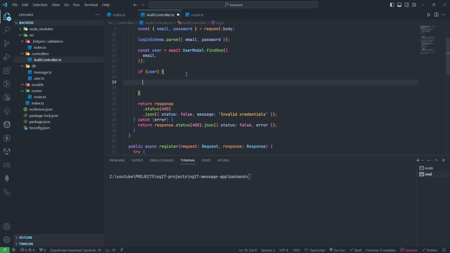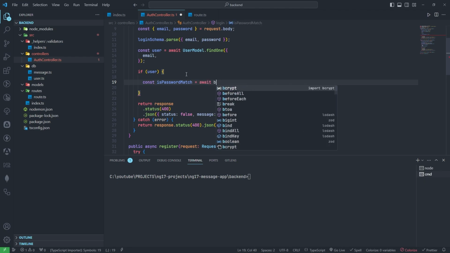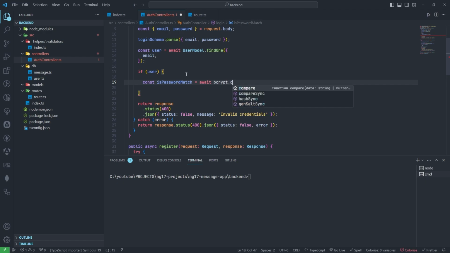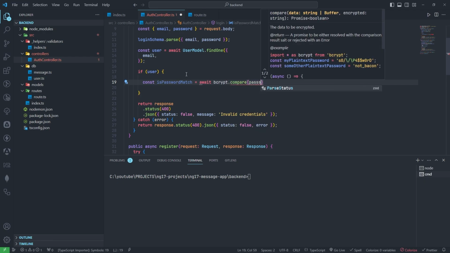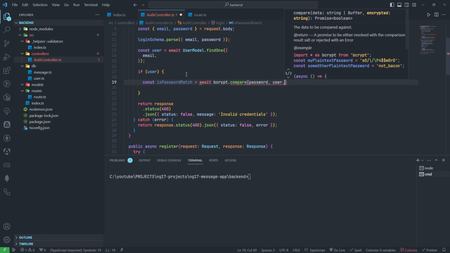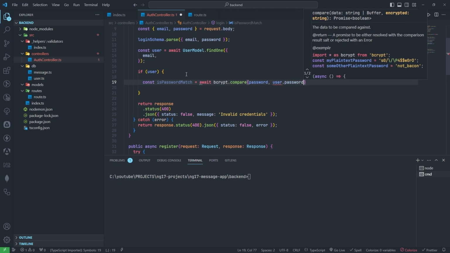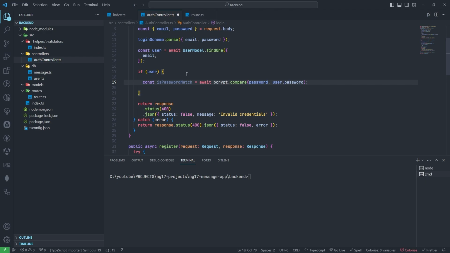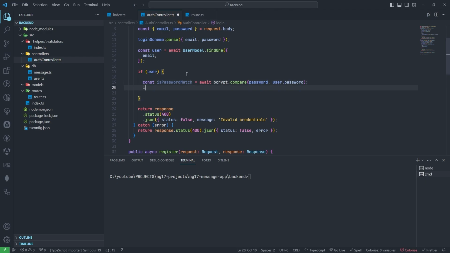Now inside this, first of all, I will check, because now the user is found. Now we need to check whether the password matches or not. So, is password match? I have created this variable as a constant, and with await I will add bcrypt. With bcrypt I need to use compare. Password I will pass user dot password. I don't need the question mark, right? Okay. Now here I will pass if